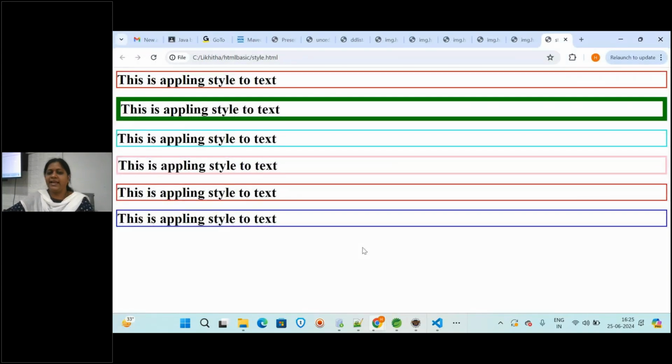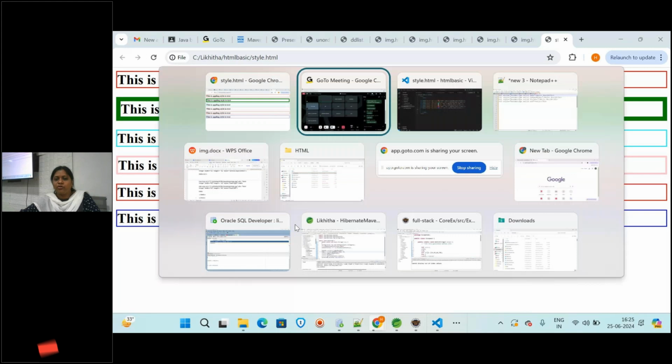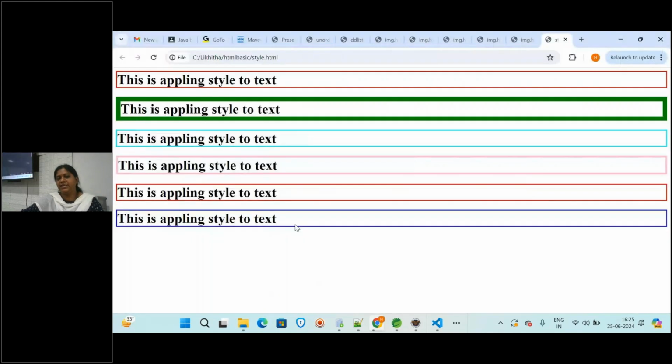These are all the headings, and in the heading tag, if you want you can use h1, h2, h3. How many headings do we have in total? 6, h1 to h6. So anything you can see, and like this you can apply the border. This is increasing. I have given 10 pixels, right? So it is very thick. Somewhere I have given 4, it will be increasing. So colors will come like this. So like this you can apply different colors, and the border also you can apply with styles.